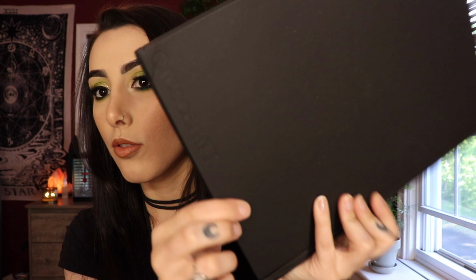My next item might look just like a sketchbook, and that's because it is. But I don't use it as a sketchbook. I actually use this as my book of shadows. I opted for a sketchbook because I wanted to use different mediums on it. I didn't want to just use pens and Sharpies and stuff, and I wanted to make sure that it wouldn't bleed through the papers. So this is a Render, it says on the bottom, Crescent Render